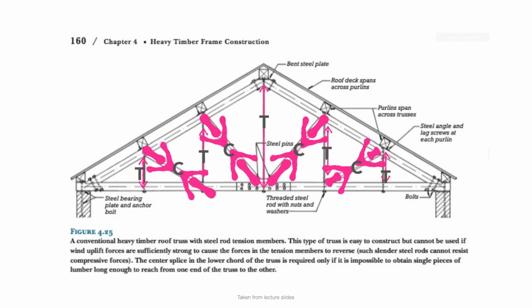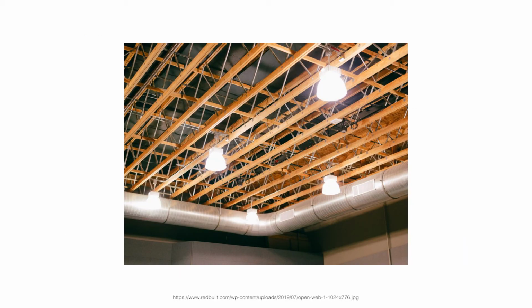Tension is located at the vertical elements, while compression is located at the diagonal elements. This explains why trusses can use two different materials like steel and wood, because some materials work better in tension versus compression. For example, slender steel rods cannot resist compression, so that's where you would use wood. This can be seen in an open web truss, where it's combining wood and steel to provide a strong and lightweight truss. It allows for easy duct penetrations, and usually they can span up to 14 to 64